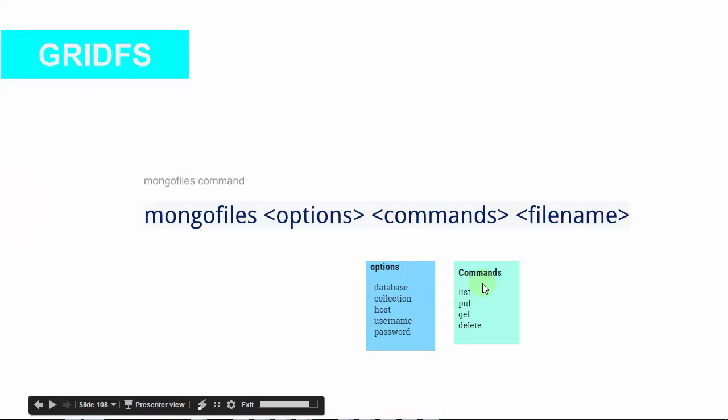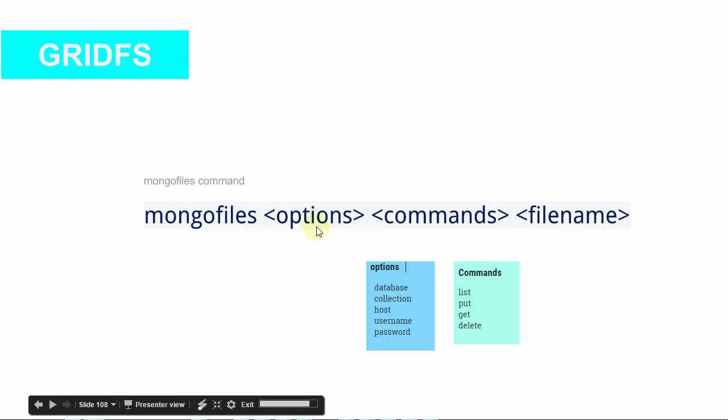In our previous demo, we have seen how easy GridFS is while using Mongo Booster. It was just like attaching a file in your email. In this section we'll be seeing the mongofiles command, which is similar to mongodump or the other Mongo executable files present in the bin directory of your MongoDB installation. The mongofiles command is very simple. As you can see here, it just takes 3 parameters.